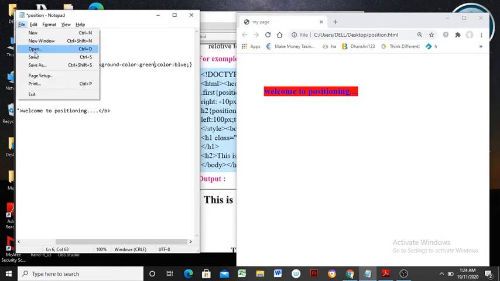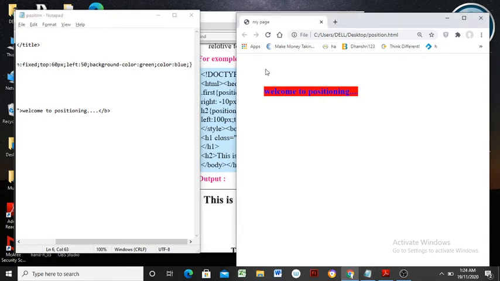Again, save this document and refresh it. The color is applied, and the green background color is applicable. If you want to change the text color, it is possible again. I'm going to apply white color for this.